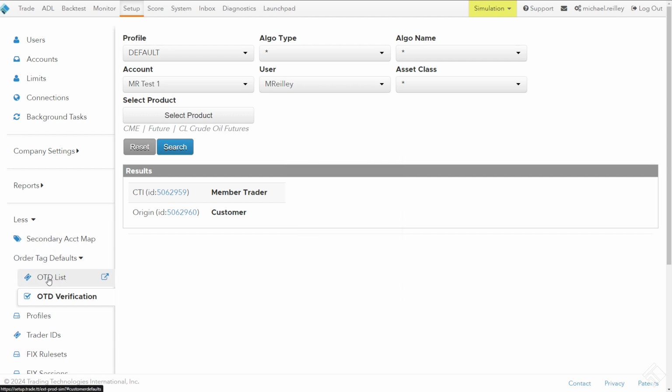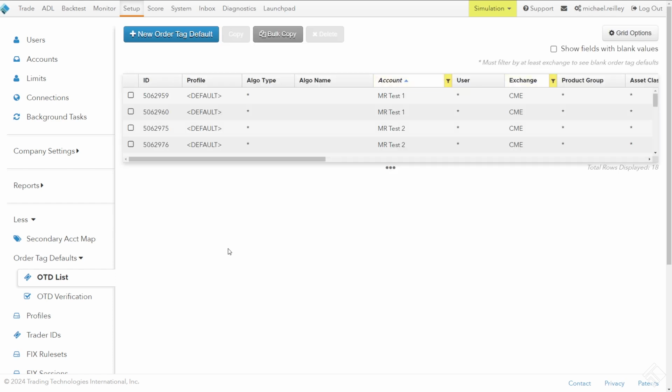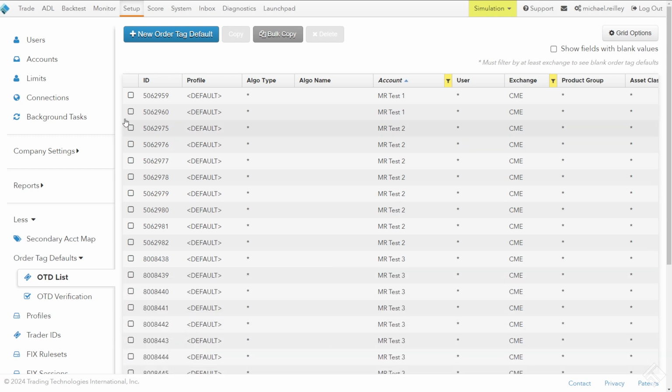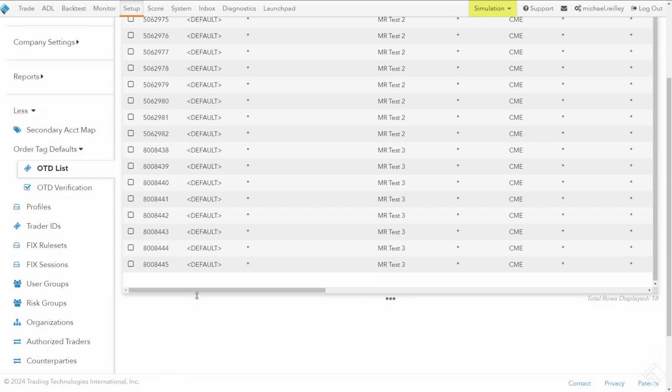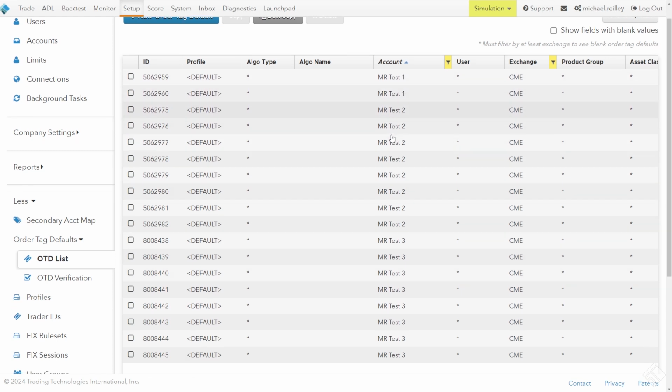Okay. Now we are going to go back to the left side, and we'll go to the OTD list, the order tag default list in this case. And I'm at a Trading Technologies company, so lots of users and accounts have been created over the years. So we have tens of thousands, if not hundreds of thousands, of order tag defaults. So I've actually got this somewhat filtered down already. And what we see is going to be the account. I've got it filtered down, by the way, on account and exchange, CME, to keep that in focus. And then on the account, the first two lines are going to be account 1,